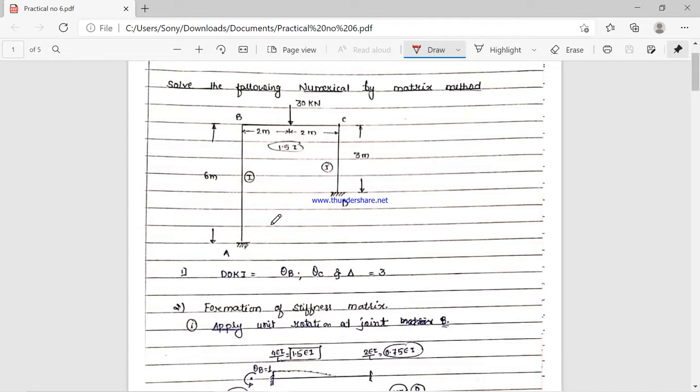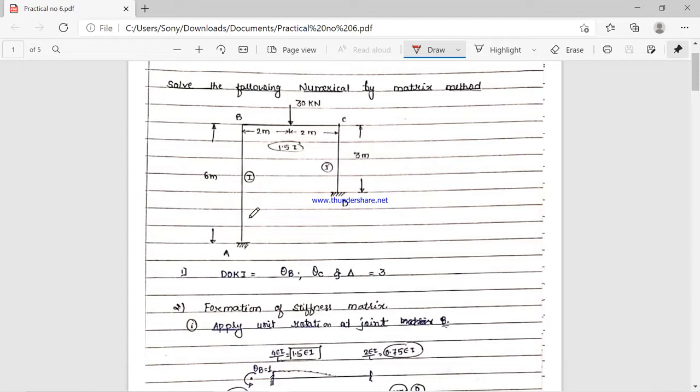Okay, so how will you identify this frame as a portal frame? Although both the supports are fixed supports, it means that they restrain the rotation at A and D. But if you see the column length, AB has a length of 6 meter, whereas CD has a length of 3 meter.